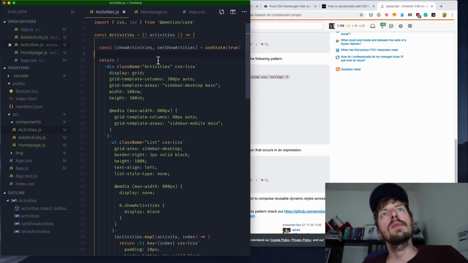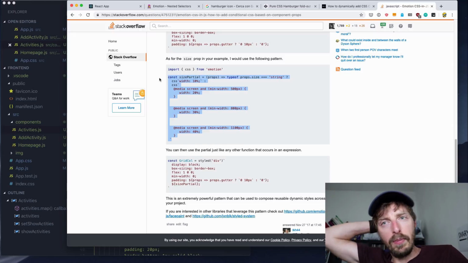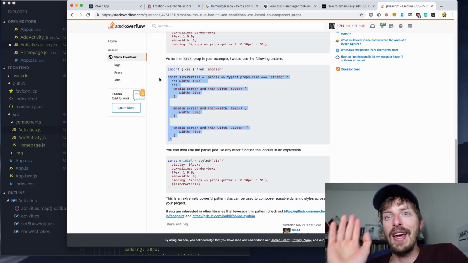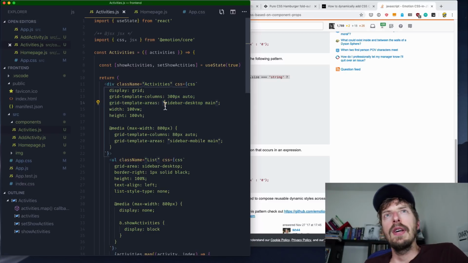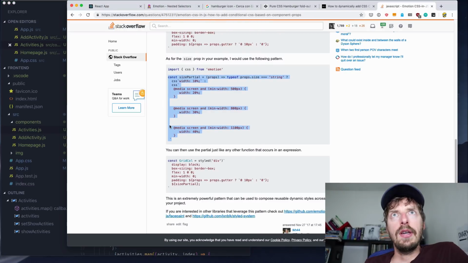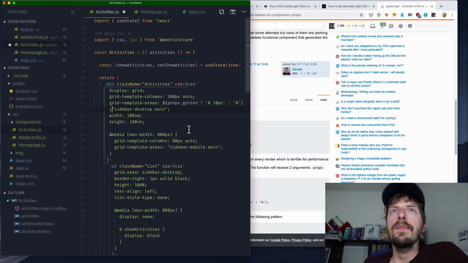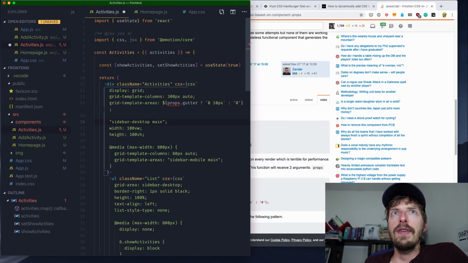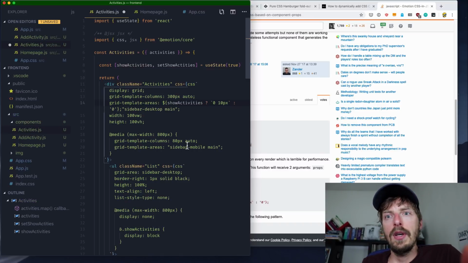We need to use CSS partials here, otherwise it's getting too complicated and we haven't even started. So what I can do here is, I can use this example here. So if show activities is true, then